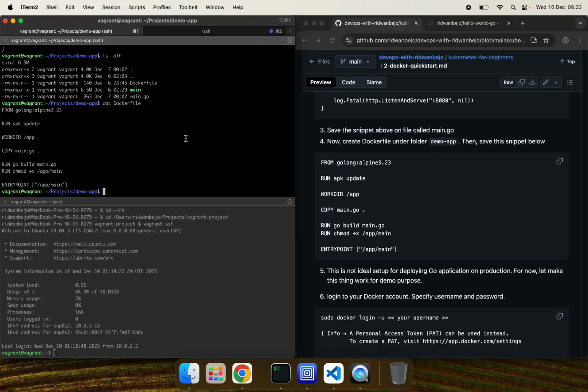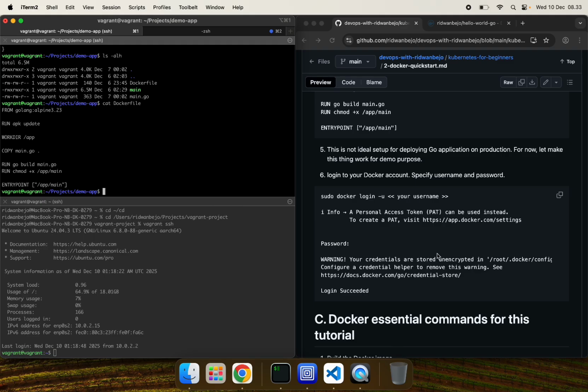So whenever we run the Golang app inside this image, it will point directly to /app/main. Basically this is not an ideal setup for deploying Golang in production, but this is for demo purposes, so I think it should be safe for us to continue.